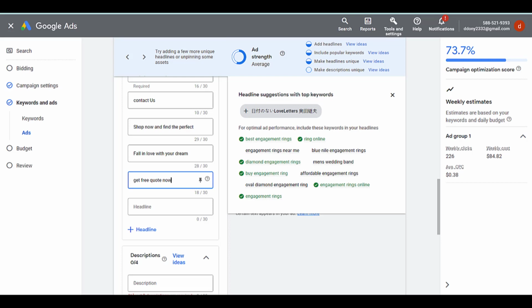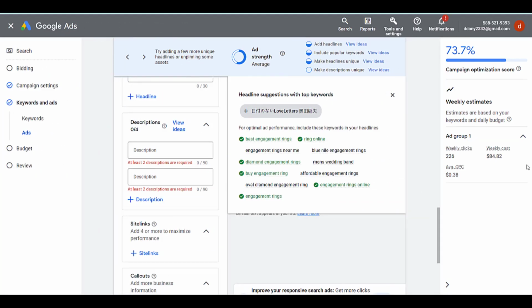Are they going to get a quote? Are they going to schedule an assessment? What is going to happen? That's good to do. For the actual description, what we want to do here is give them more reasons to buy, and also end it with a call to action.